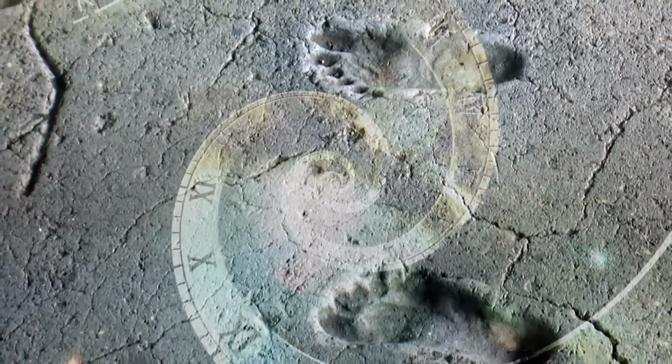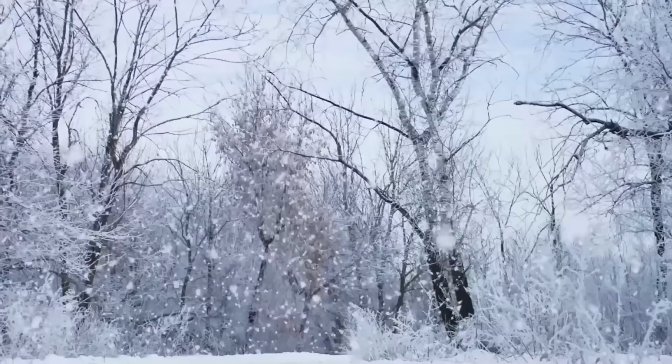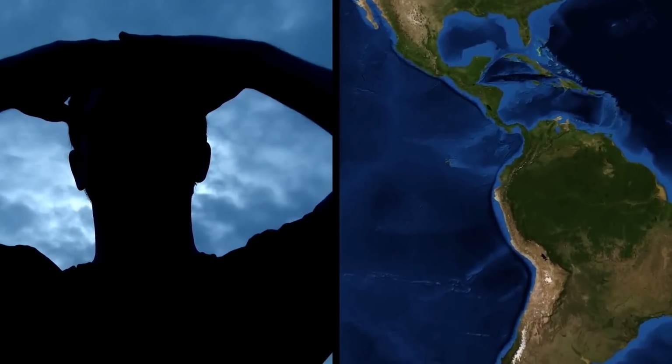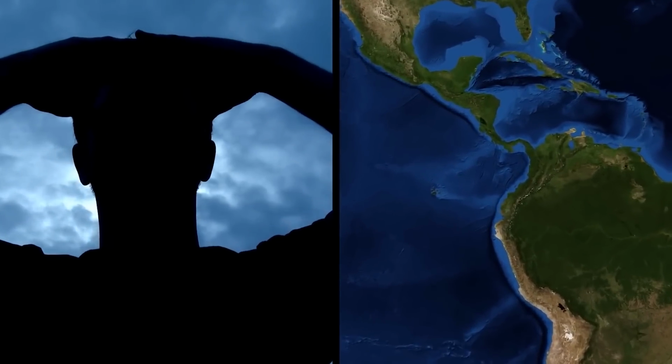The footprints were imprinted into an ancient lake bed over a several thousand-year period during what's known now as the last glacial maximum. It looks like children and teenagers walked along the shoreline before the glaciers of the last ice age melted. The discovery marks a turning point in the seemingly endless debate over who first stepped foot into the